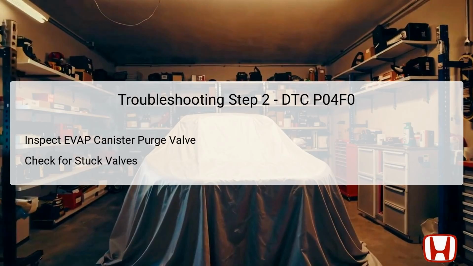In the second step, carry out a thorough inspection of the evap canister purge valve. This component is crucial in regulating the flow of fuel vapors from the evap canister to the engine. One of the common failure modes is that the valve might become stuck, either in the open or closed position. You should visually inspect the valve and adjacent connections, looking for signs of damage, clogs, or items that may obstruct